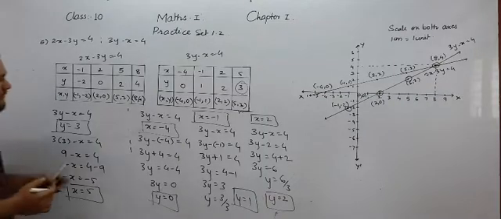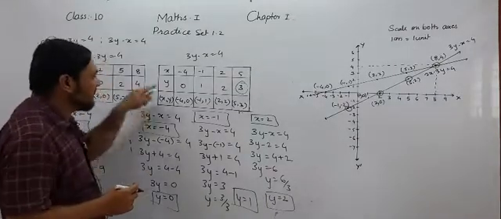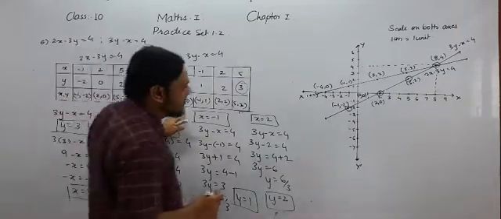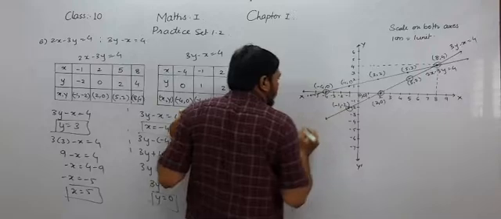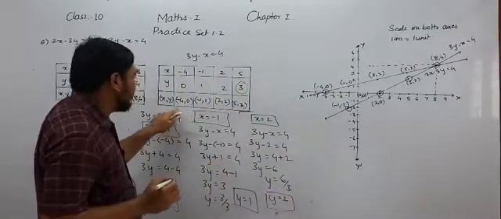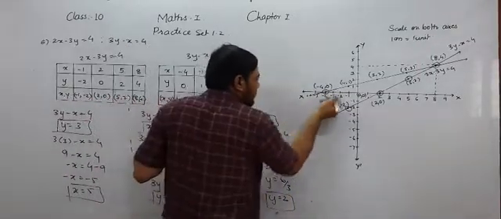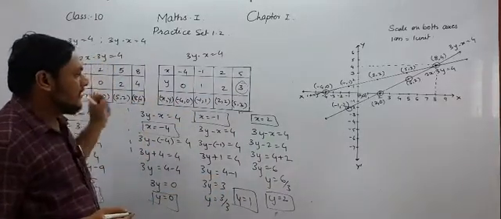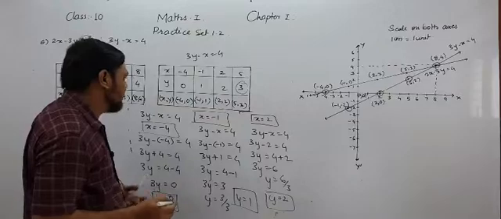So student, now we will move towards the next table of ordered pairs. Here the first ordered pair is negative 4, 0. So it is negative 4, 0. You can see the x coordinate is negative 4 and y will be equal to 0. That is why that point will lie on the x-axis, but in the negative direction of the x-axis.